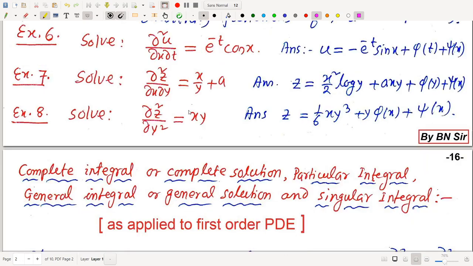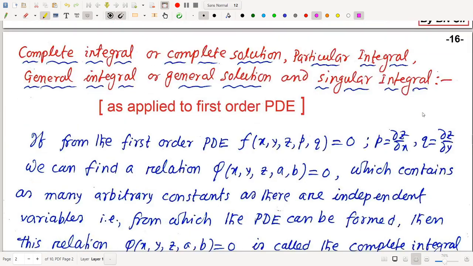Examples 6, 7, 8 are homework. With the knowledge of all these 5 examples solved above, you can solve them; answers are given. Next,